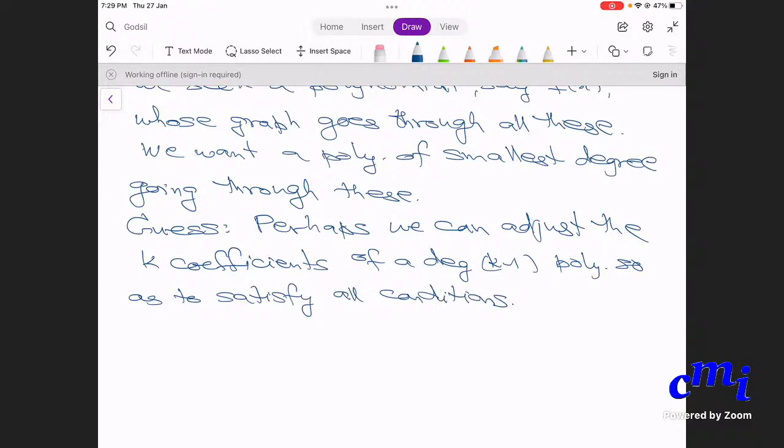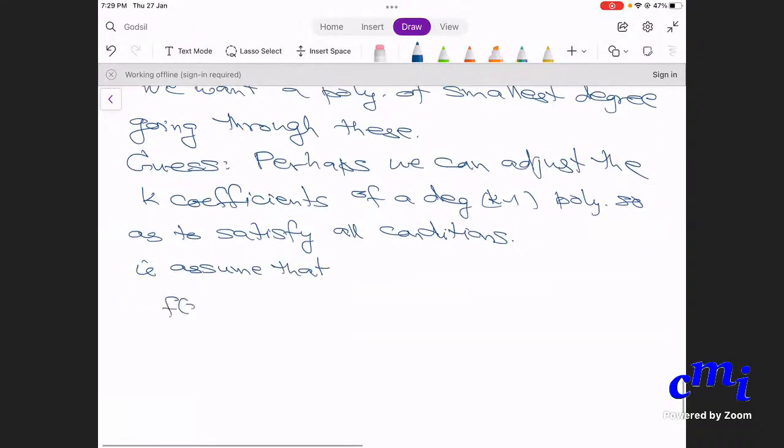What is a general degree k minus 1 polynomial? Assume that f(x) is a0 plus a1x plus a2x squared up to a_{k-1} x to the k minus 1. So let us consider an f(x) of this form, a polynomial in one variable x, and let us try to solve for the conditions. We want a0, a1, a2 up to a_{k-1}. So we want